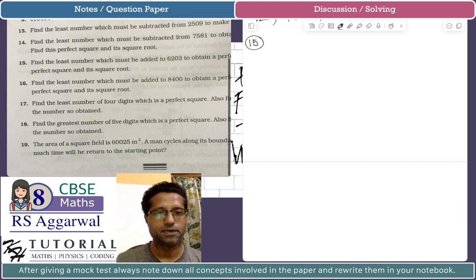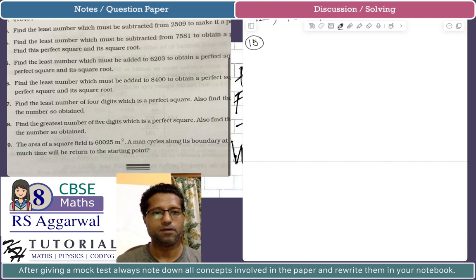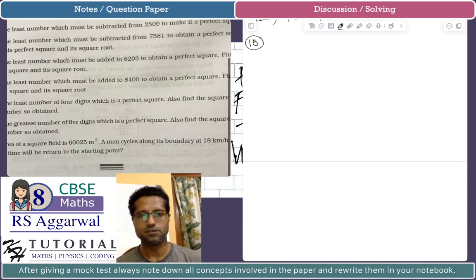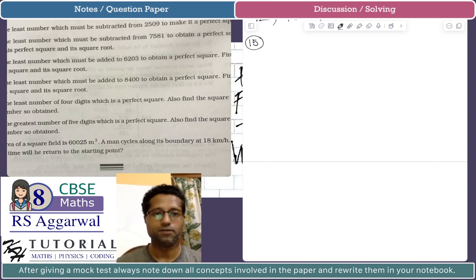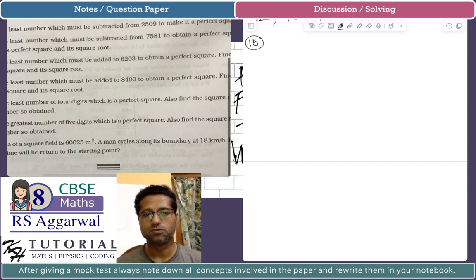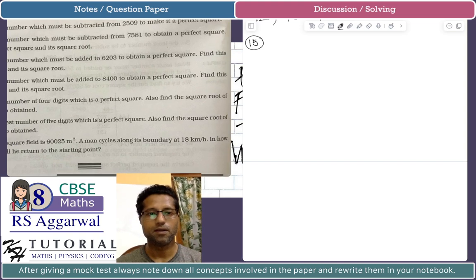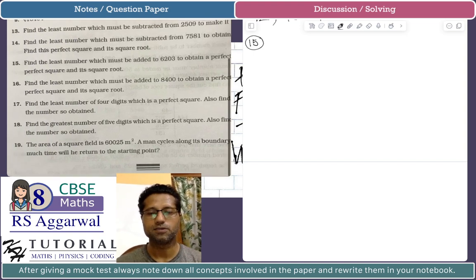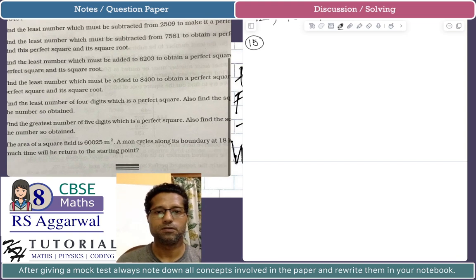Problem number 15 says: find the least number which must be added. What is the least number which must be added to 6203 to obtain a perfect square? Find this perfect square and its square root. Okay, so the number is